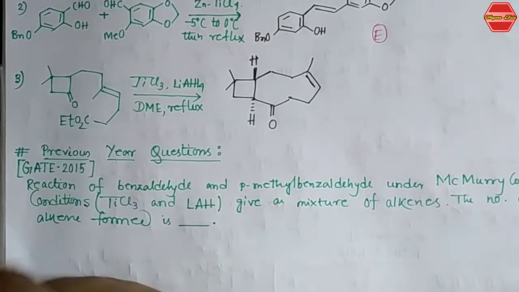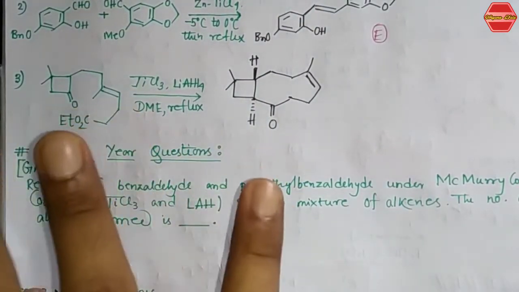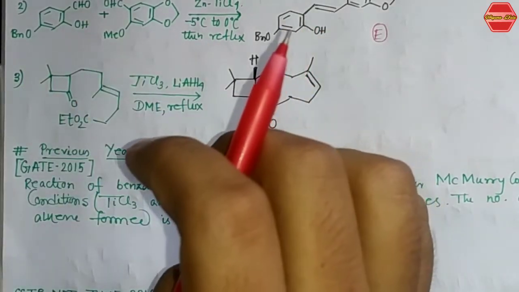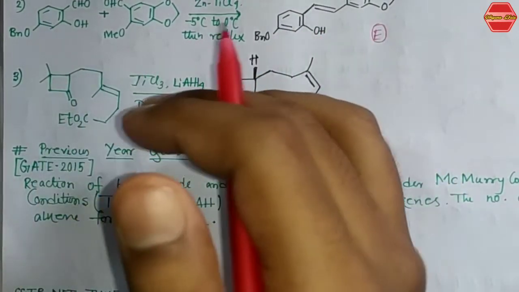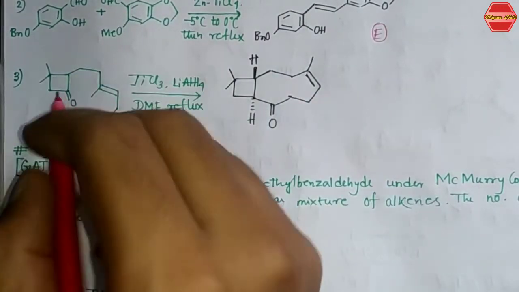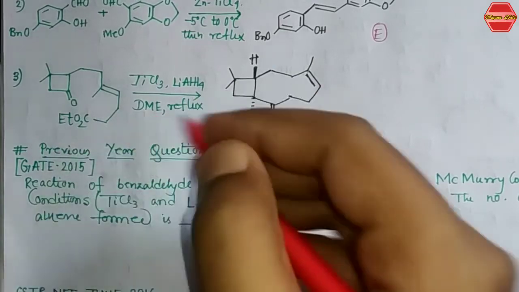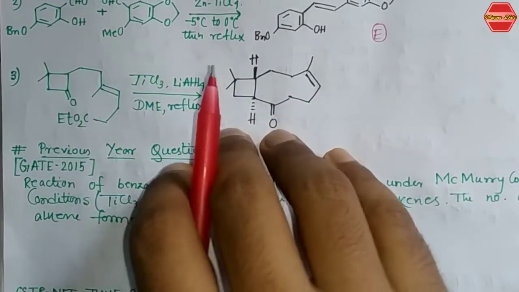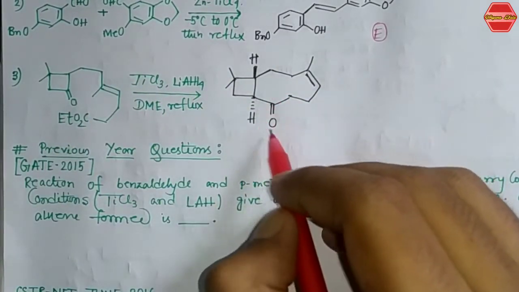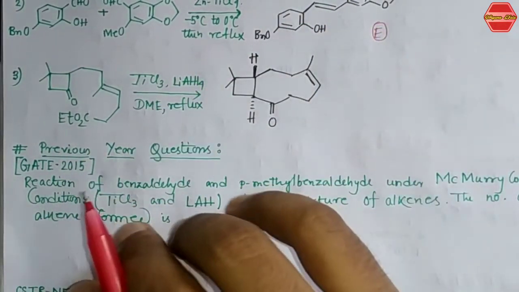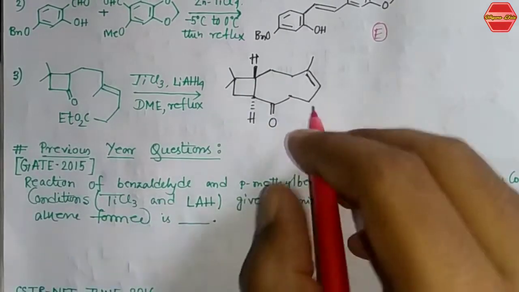Now another thing, as I told you: if we use keto ester conditions, then the McMurry coupling plays a major role. You can see a ketone is given and an ester is also given. If you look at the product carefully, only the ketone is present, and no alkene formation has taken place. Now how can this reaction be explained?